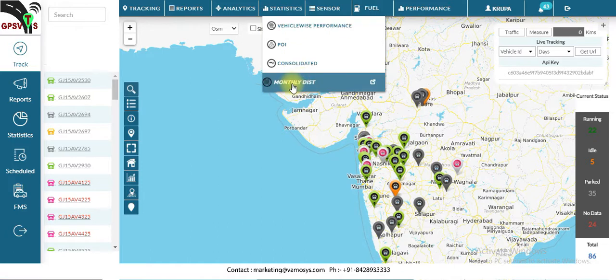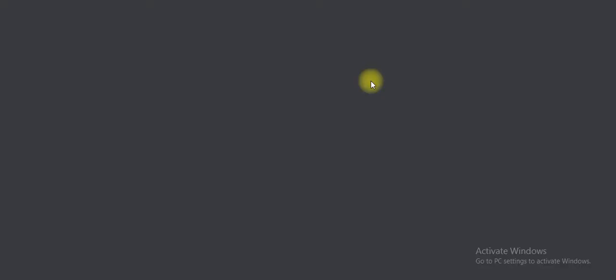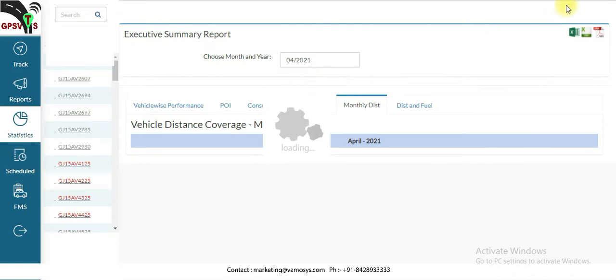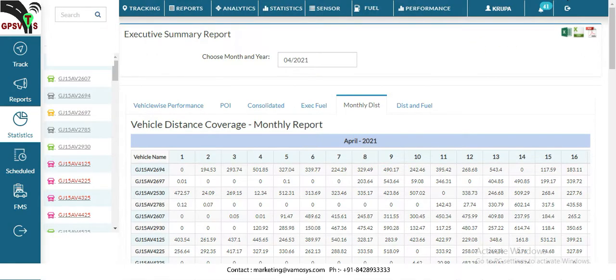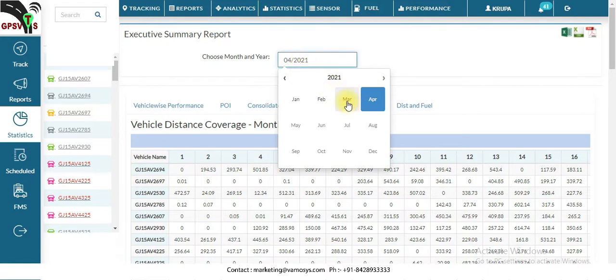You will be getting the monthly distance report here in statics. If you click on this monthly distance, the window will be opened in this page itself, and if you click on this arrow button, a new window will open. So here you can check the distance traveled by each and every vehicle chart wise